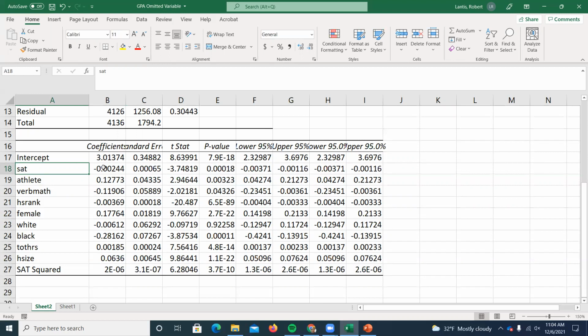would actually go down. However, this is going to be a little bit weird because something I'm not going to expect you to know how to do is I included a squared term. So this is going to pick up that there's some quadratic relationship with SAT scores. This might look not intuitive, but it's because the total effect of a 1 point increase in SAT, if SAT goes up by 1 here, it's going to impact this variable as well. So you can kind of imagine